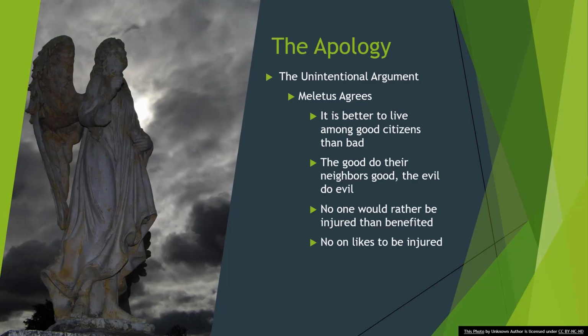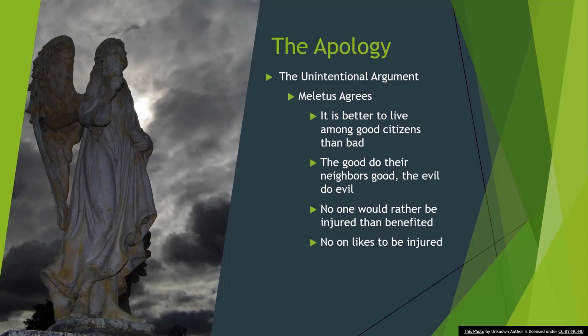So he asks Meletus a series of questions, again kind of pushing him through the Socratic method, and Meletus agrees to the following claims. First, it is better to live among good citizens than bad citizens. Why? Well, the good do the neighbors good, and the bad do them evil. And Socrates gets Meletus to accept that no one wants to be injured, rather than benefited by those they live with, because no one likes to be injured. So then he asks Meletus,